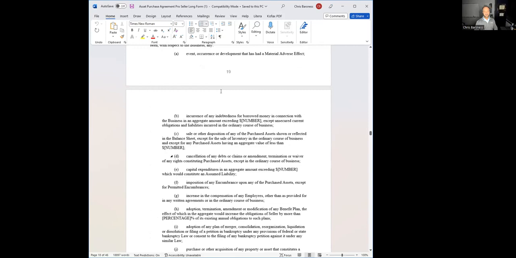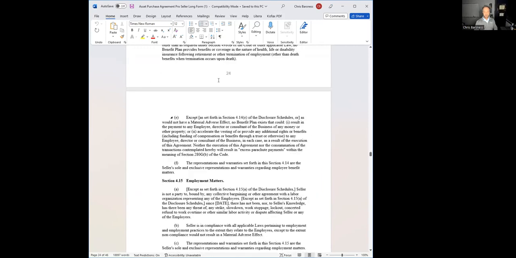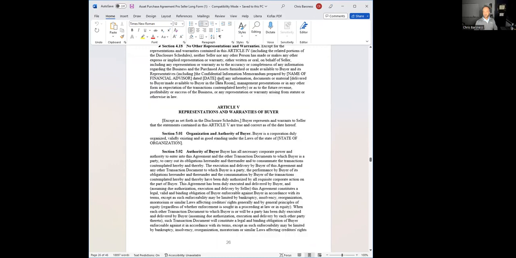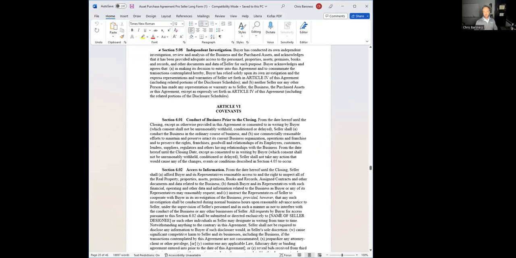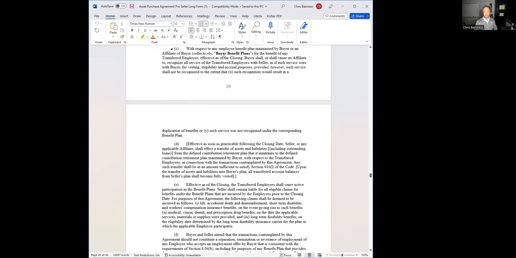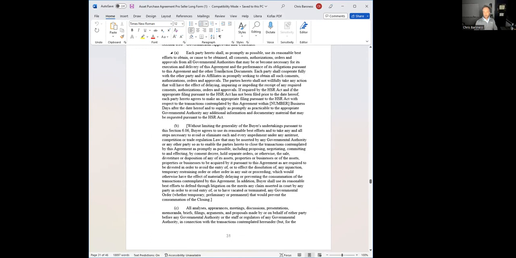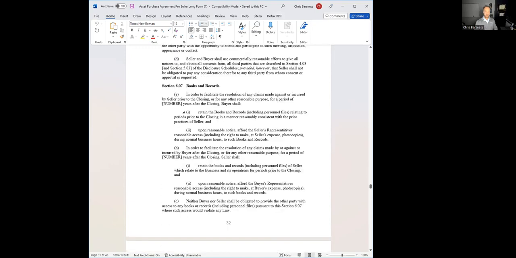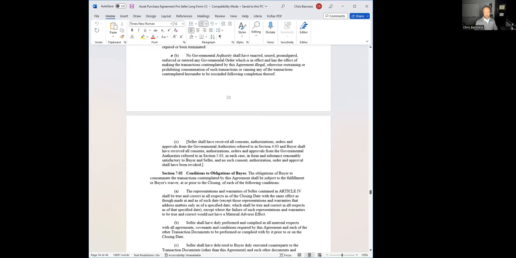There's also usually closing conditions that in order to close the transaction, all of these reps and warranties that we've listed up here are true and correct at the date of closing. So not only are you representing and warrantying these things in the contract, but in order to close, they still have to be accurate at the time of closing. So that's normally a closing condition that